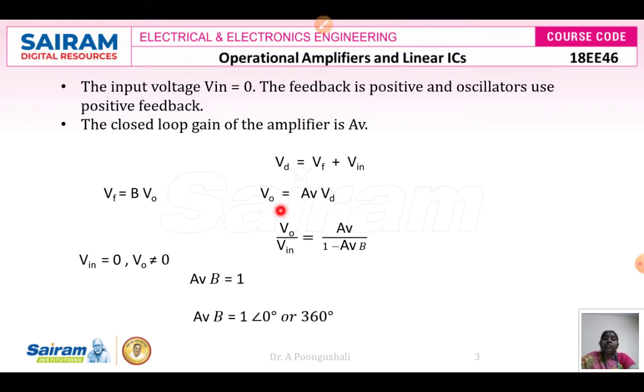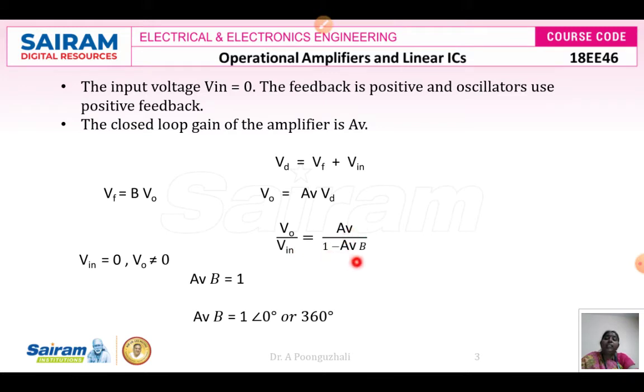Our requirement is to find V0 by Vin. Substituting VD equals Vf plus Vin, and Vf equals B into V0,